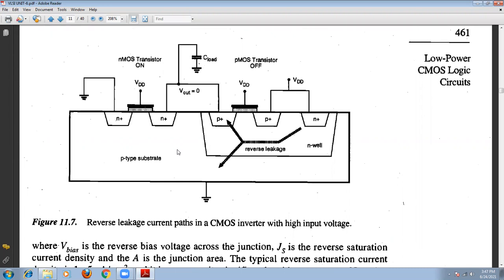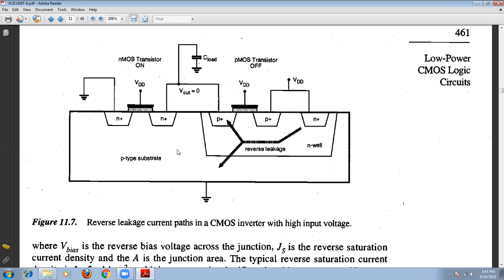So these transistors have reverse leakage current and also sub-threshold current. Now let's see what the threshold and leakage currents are in this case. We have two main important leakage currents. One is called the reverse non-zero leakage current, and the other is the sub-threshold current.